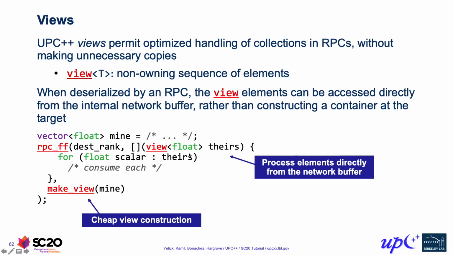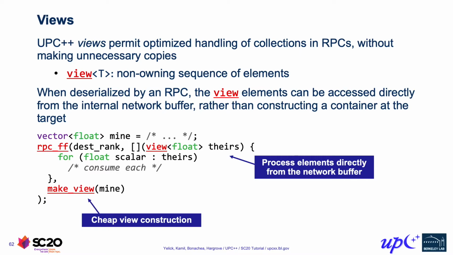If the elements are actually C-compatible types, they actually do live entirely in the network buffer, and when you iterate over them, it's iterating over the network buffer itself. If, on the other hand, the elements themselves need more complex deserialization, then you can still iterate over them while the byte representations live in the network buffer, but each time you actually access an element, it performs a deserialization on the fly to actually give you the reconstituted object. But again, in both cases, we avoid the copy from the network buffer out into private memory.